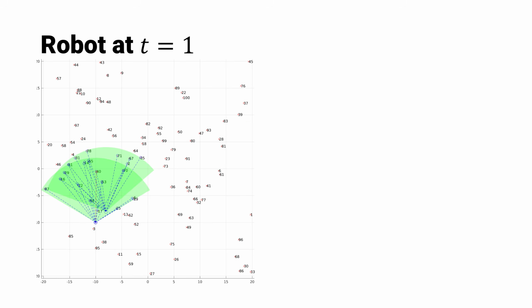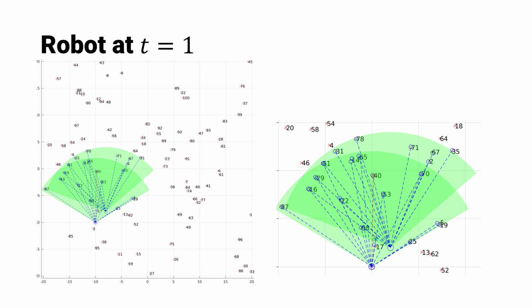So we were at time t equal to 0. Now the robot has moved. If we zoom in a little bit, this is what it looks like. Since the robot is on the ground, it has wheel encoders, and it basically has some odometry source, which is not perfect, but we know the odometry between time t and t plus 1, and we are going to utilize